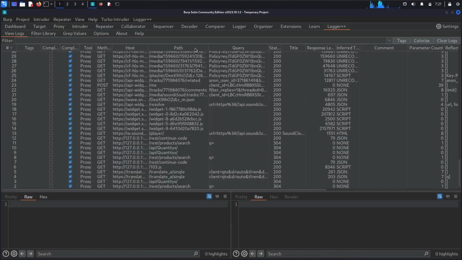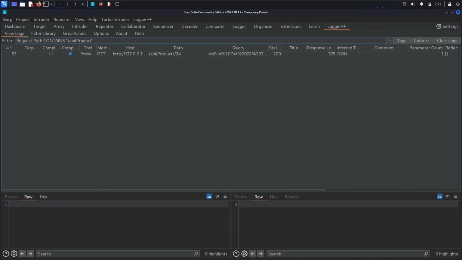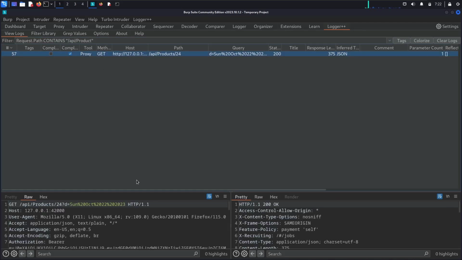So if we go to Logger++, we can filter it here. Request dot path contains slash API slash product, and there is